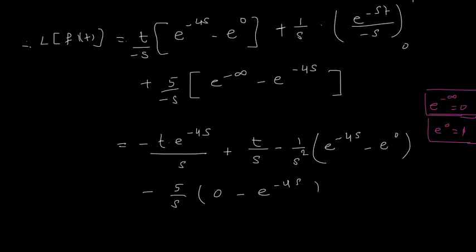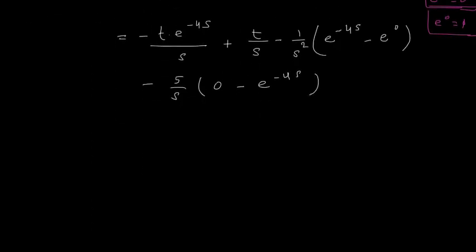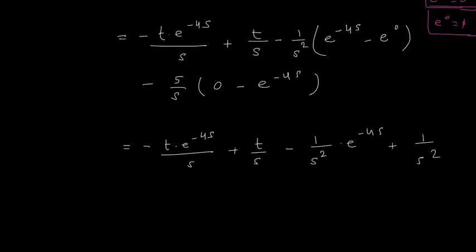Okay, now I will open the bracket and simplify each and every term. This is minus t into e power minus 4s upon s. Then here I have plus t upon s. Then here I have minus 1 upon s square into e power minus 4s. Then minus minus I have plus 1 upon s square, and then here we have minus and minus,